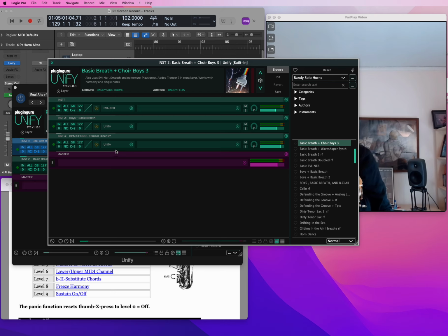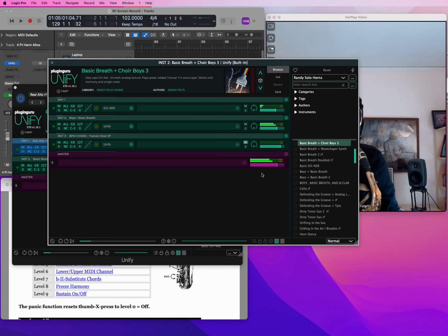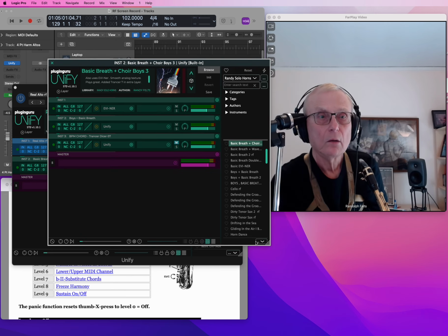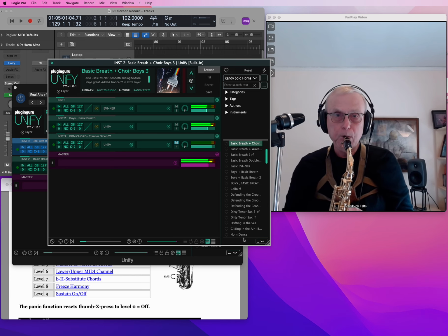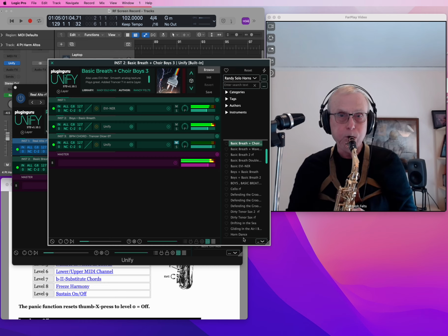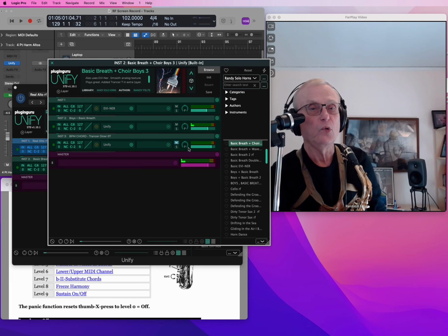So this is way more complicated than it seemed at first. This has got several layers hidden away. This is this moving layer here, the transfer dicer. I'm going to mute that for a second. And then I'm going to turn the harmony on. And then if I turn the moving layer back on,